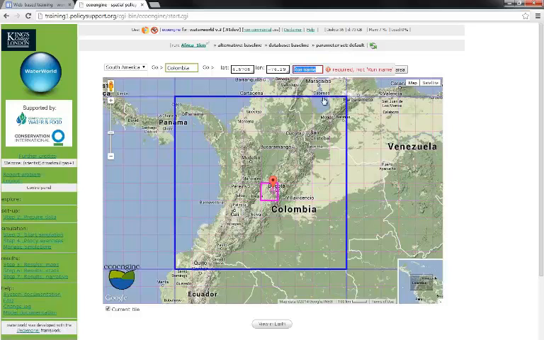Oh, I should first give this a name. Always need to give a run name, and as you see, the system will tell you if you forget a step. So I can now define my area,